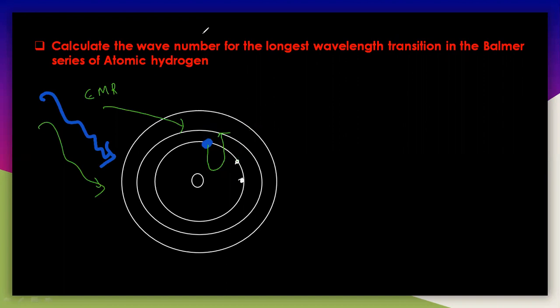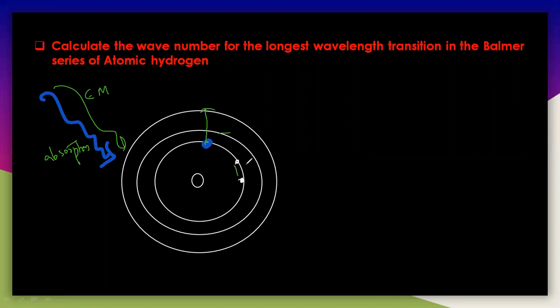So once again I will tell you. See here. First, whenever we intensify with the electromagnetic radiation, there is an absorption that takes place. So this electron will move towards, let us take this as the first energy level, and this is the third energy level. So it is moving towards the third energy level.